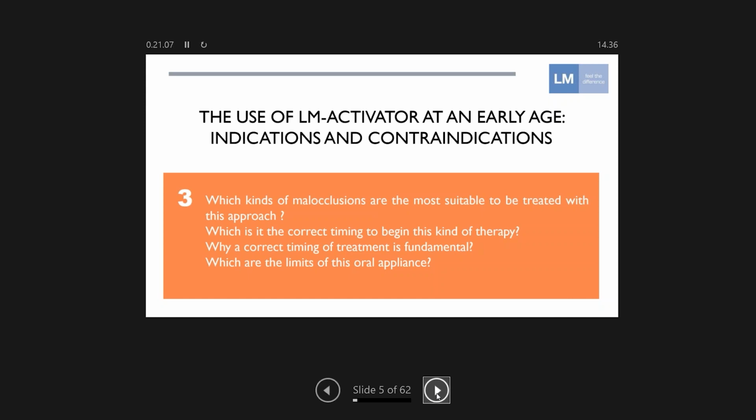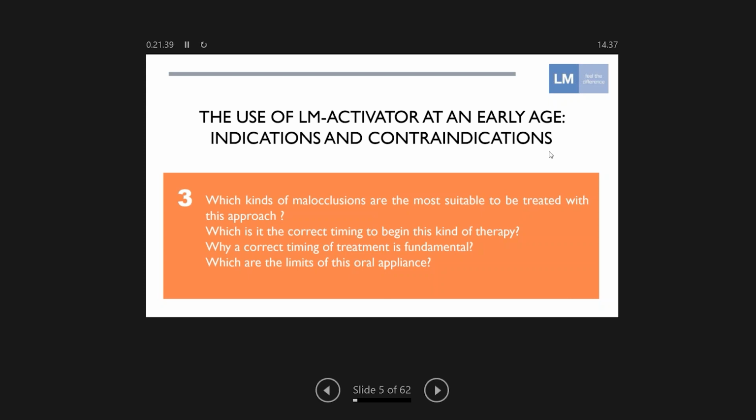And we will see that early age means mainly between the age of 5 to 8, 9 years of age. But we will see what can happen using LM activators after this age, between 10 to 14, 15 years. And the fourth seminar will be much more clinical, because we